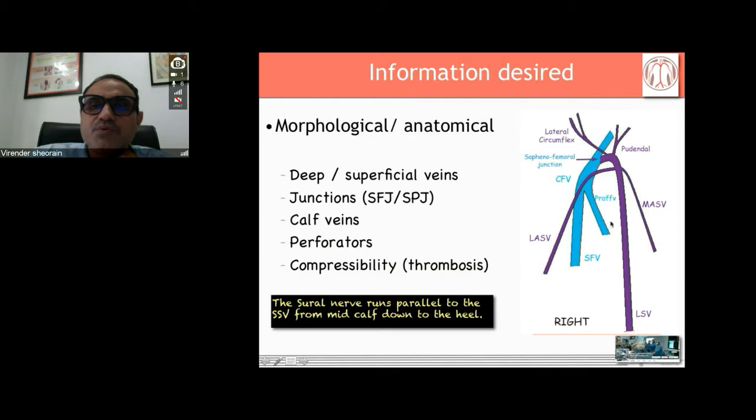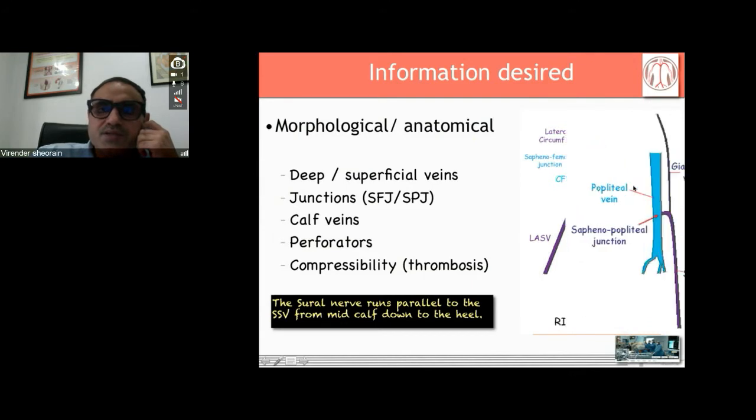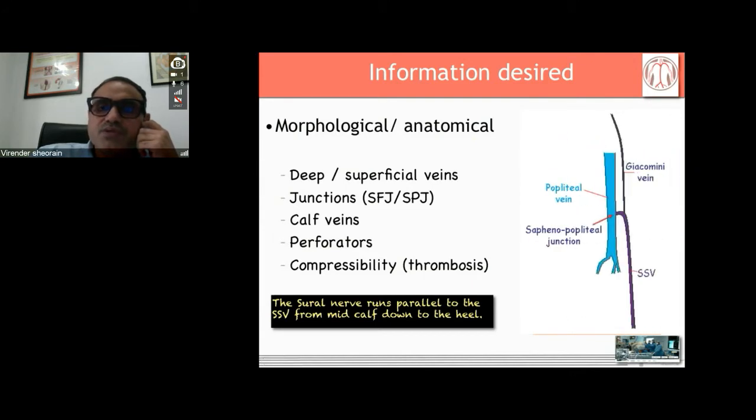So here it's a nice diagram which is showing the deep vein, like the superficial femoral vein, the profunda vein, common femoral vein, and basically there is the saphenofemoral junction. And then you need to know the other tributaries: anterior thigh vein, circumflex, pudendal. These all confluence at the junctional region. Similarly, one should know about the saphenopopliteal region.